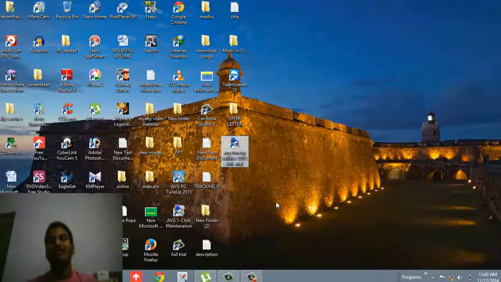This is the way you should run your trial versions for a longer period using run as date software. It is a very, very good software, a big bonus to many people who want to use trial versions.